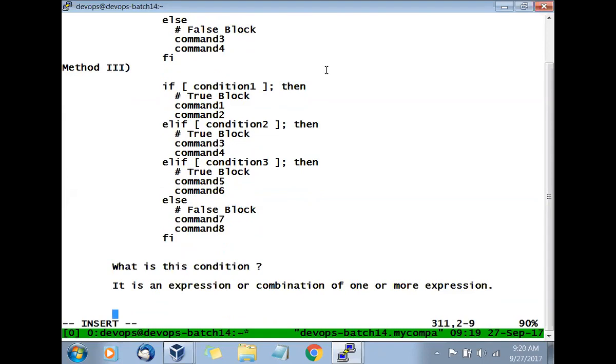Okay, it is an expression or a combination of one or more expressions. So what is the condition? It is an expression or combination of one or more expressions.